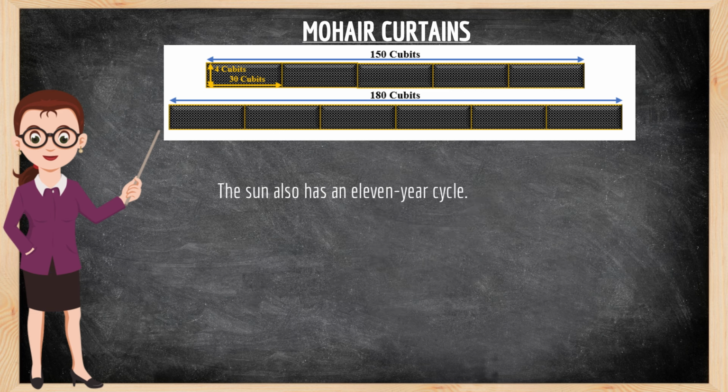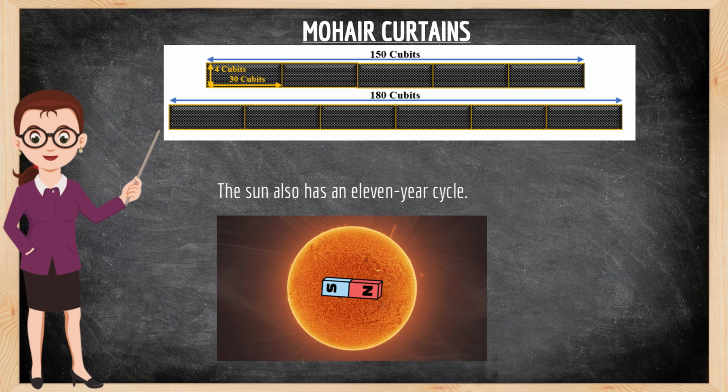Now, the sun also has an 11-year cycle. And currently, as I am writing this study, we are at the peak of this cycle. Every 11 years, the sun undergoes an epic transformation. Its magnetic poles reverse. Like on Earth, the sun has magnetic north and magnetic south. But unlike Earth, whose poles flip on the order of hundreds of thousands of years, the sun's shuffle is a